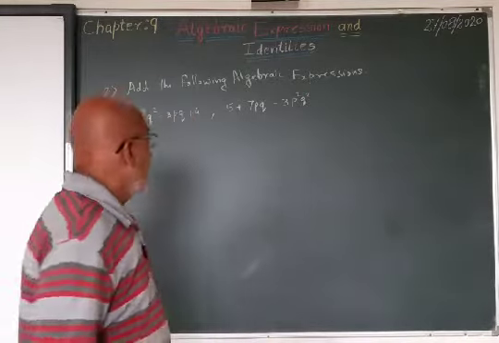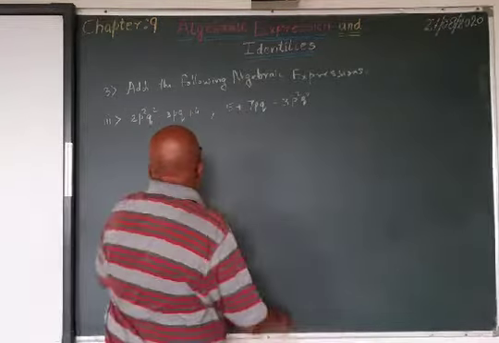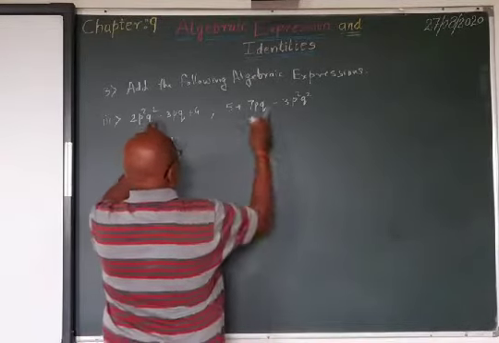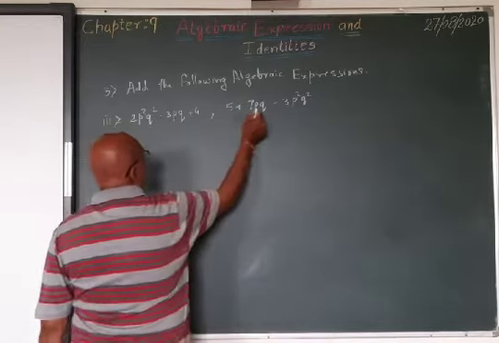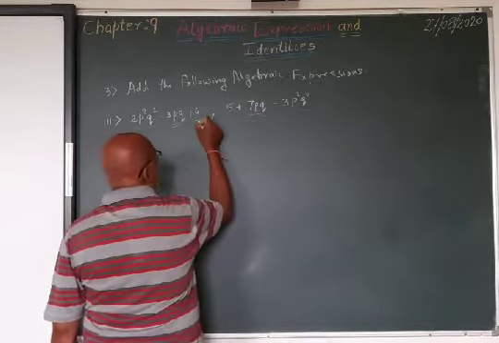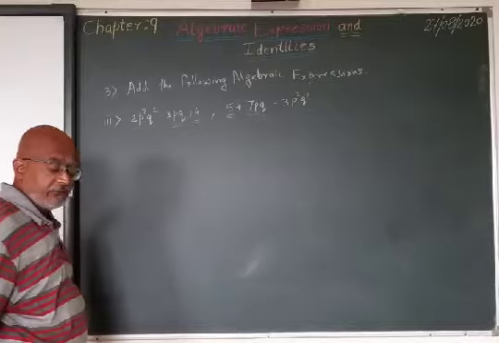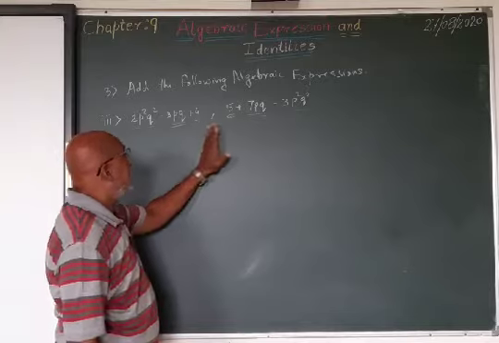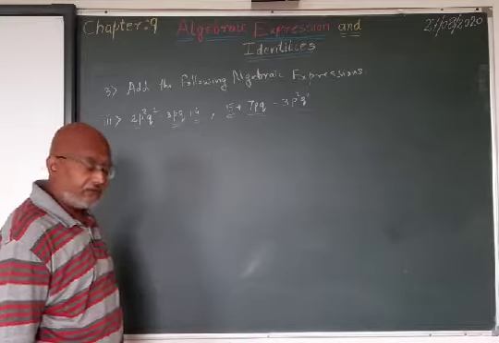Now, as we are going to add, here p square q square, here also p square q square. So these are the like terms. Don't see the signs, just see the variables. Here pq, here also pq, so these are again like terms, and obviously the constants are also like terms. But here it is in the opposite sequence, so we can change the sequence of the terms while addition.